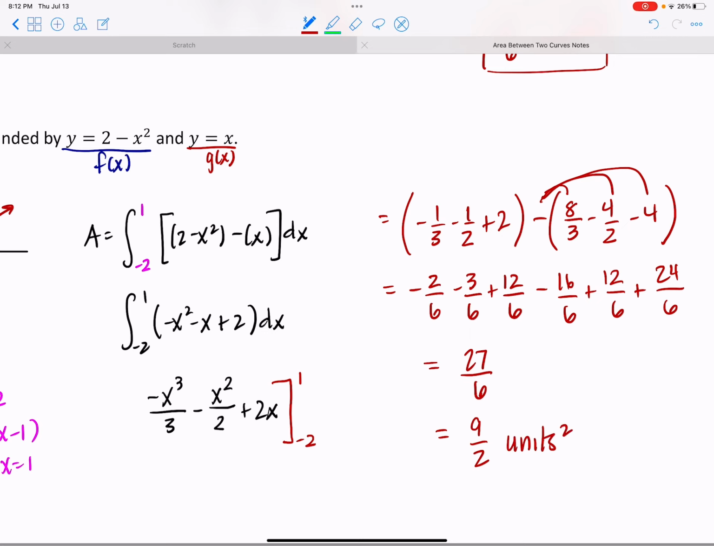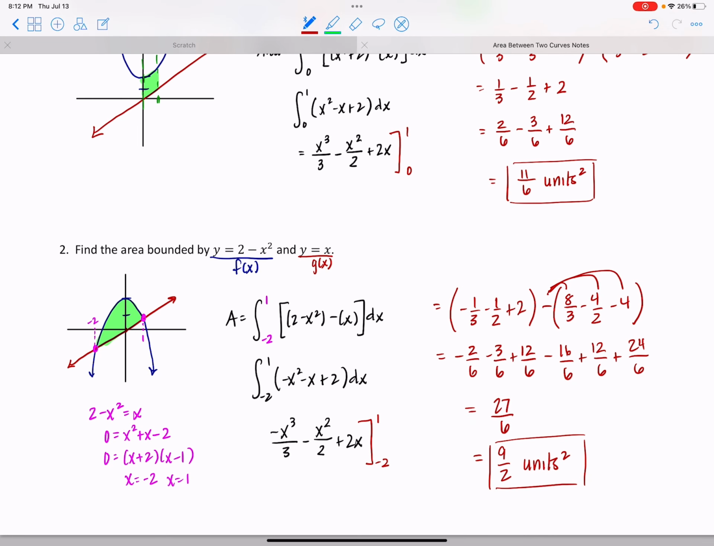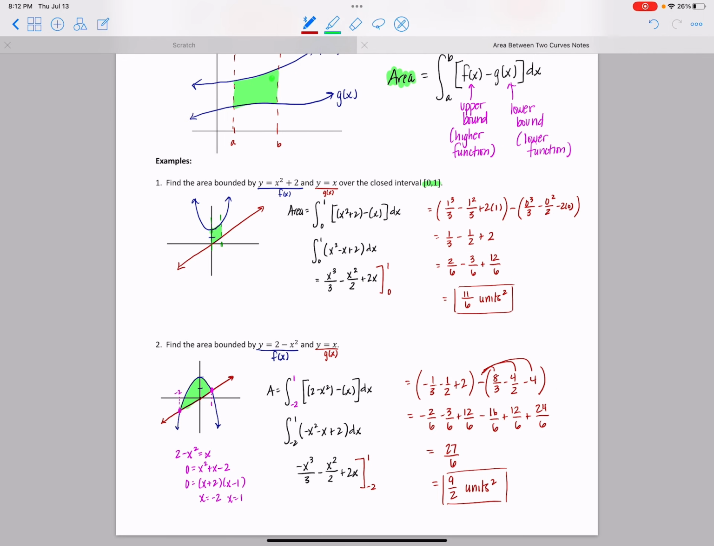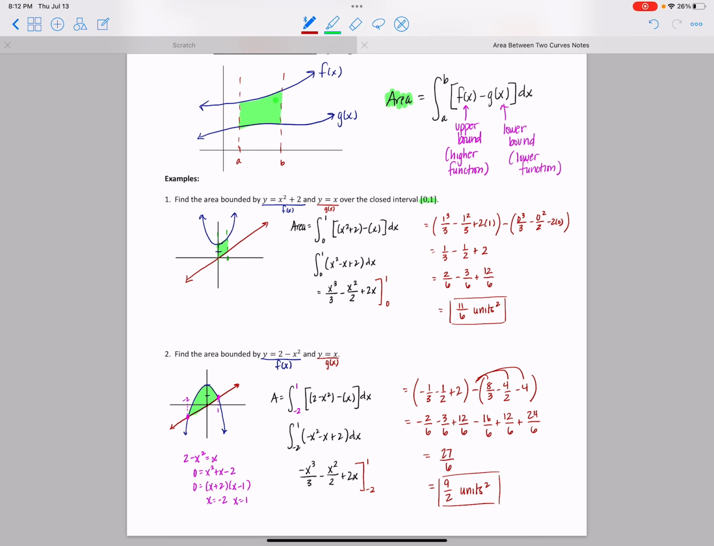Square units, units squared, that is the area that we have bounded by those two curves. Boom. Okay, so hopefully you're picking up what I'm putting down, and this again feels familiar, very similar to the previous topic. We're just going to look at a couple more just to make sure we're prepared, and then we'll